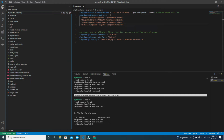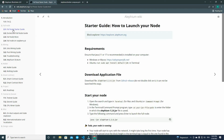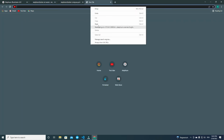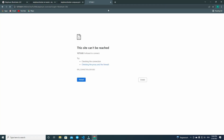We cannot see any graphics or anything from here, but for that we have Grafana and Portainer, so we can go there. When we go to dockerized, we'll see that for the monitoring we can monitor the JVM, or also the Alephium overview. We can try with that one. Copy